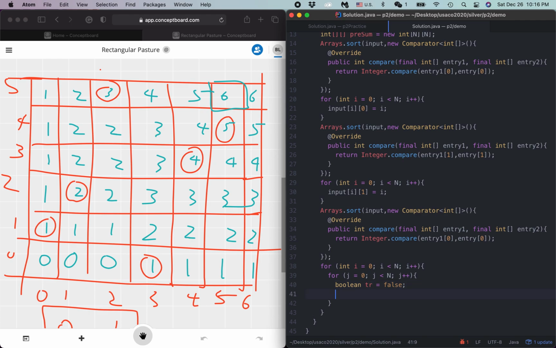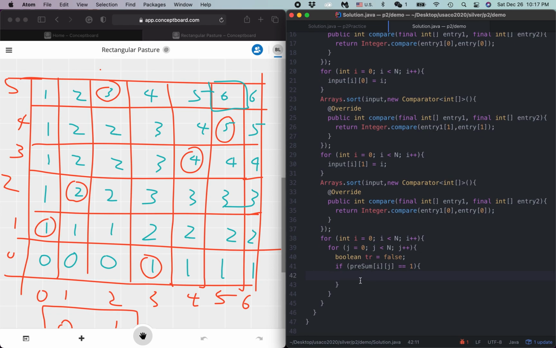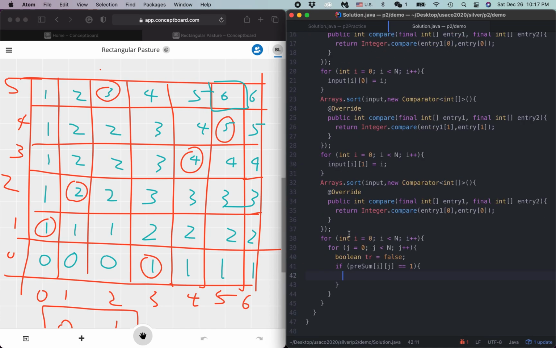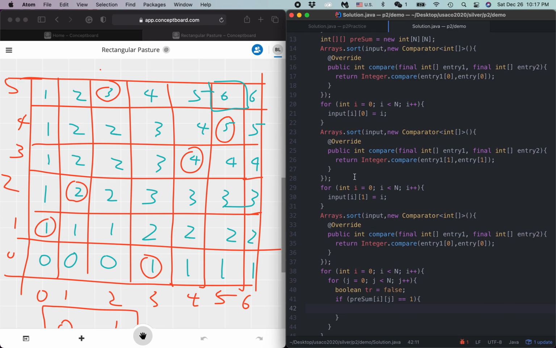So what this is going to do is, if pre-sum ij equals 1, so let's see, did we create a pre-sum? Yes, so we have the pre-sum here, and then what this is going to do is, if there is, since over here we